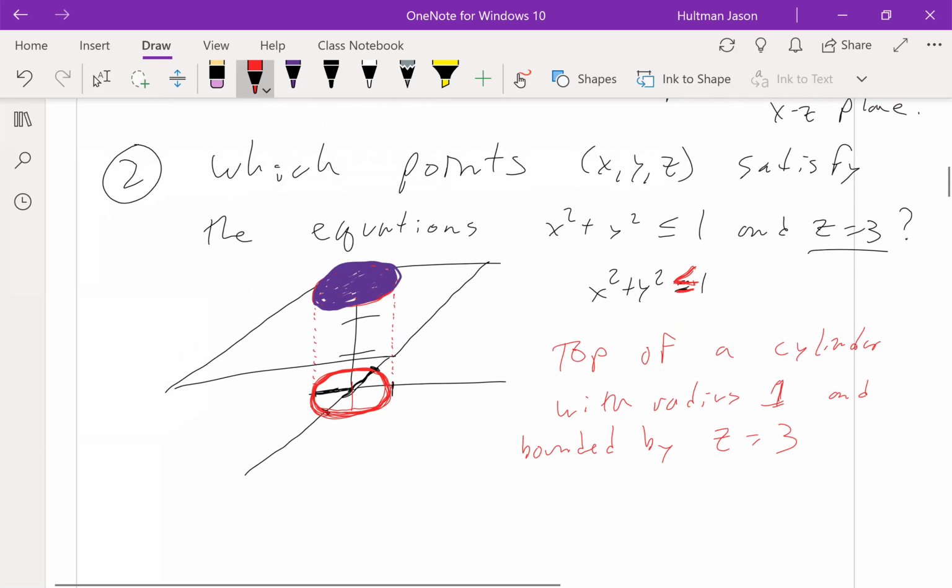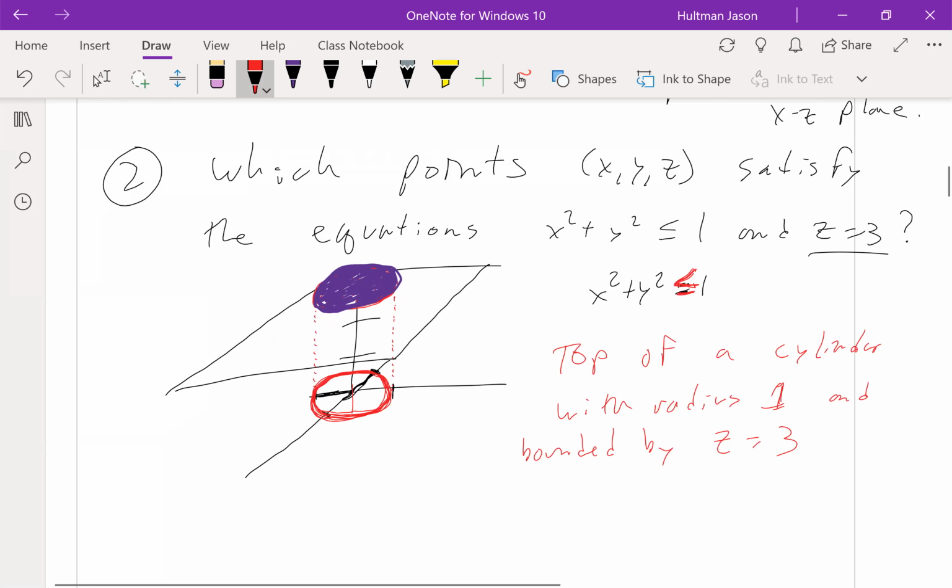Now, I didn't have to stop here either. This cylinder goes down forever and it goes up forever. This cylinder goes up and down infinitely. Why? Because z could be anything I wanted it to. If I was just looking at the equation of a cylinder, this is a cylinder